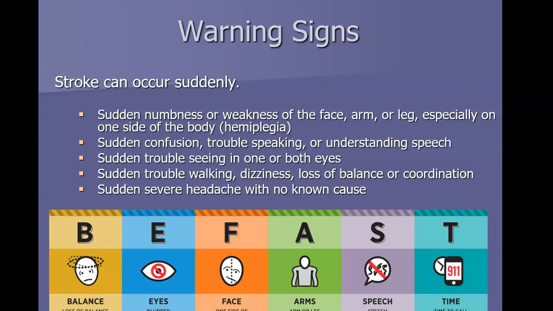Now, in the hospital, we used to use a term called FAST to help you remember what to look for in a stroke, but nowadays we use B-FAST. And the B stands for balance. Is there a loss of balance or coordination? Dizziness, lightheadedness, where their equilibrium feels a little bit off to them. E is for eyes. Do they have blurred or double vision or having difficulty seeing for some reason all of a sudden?